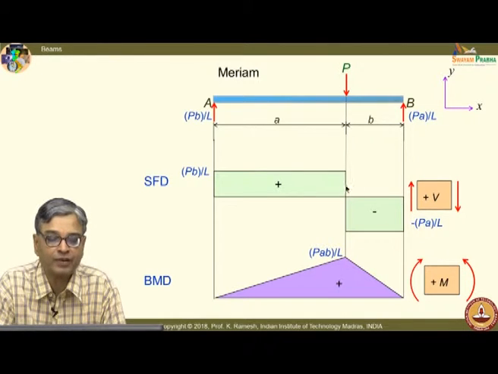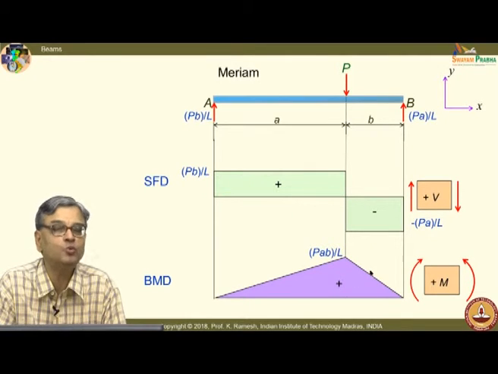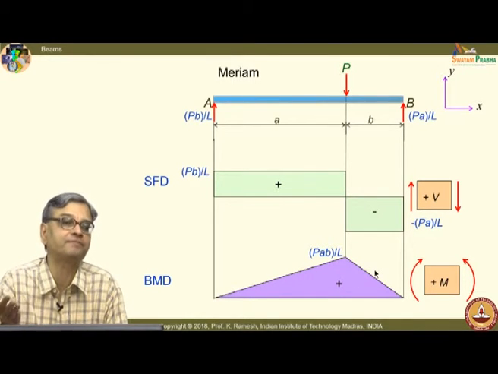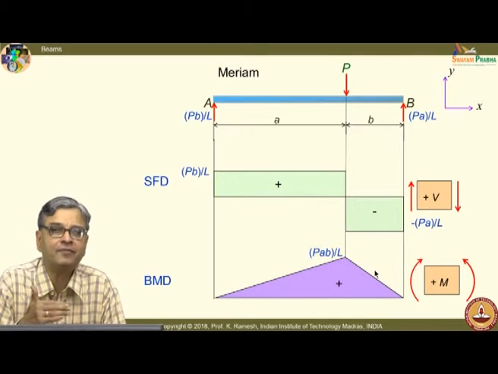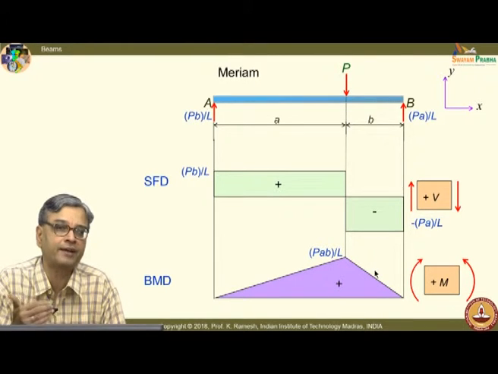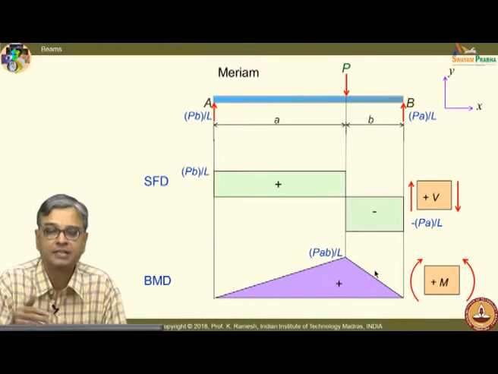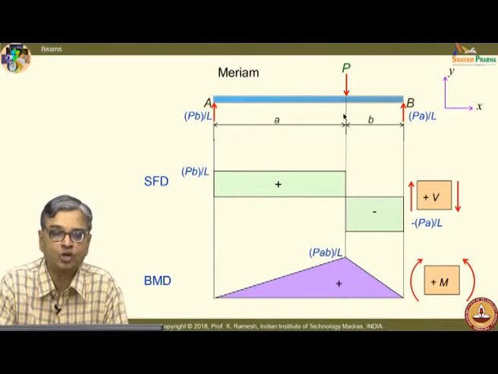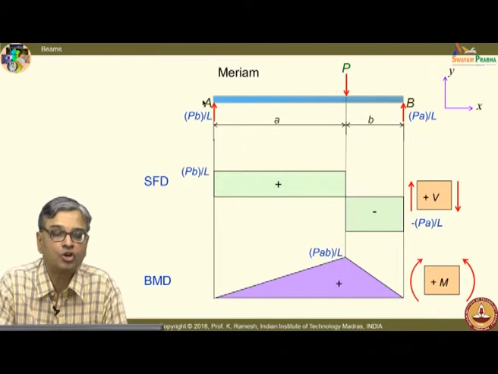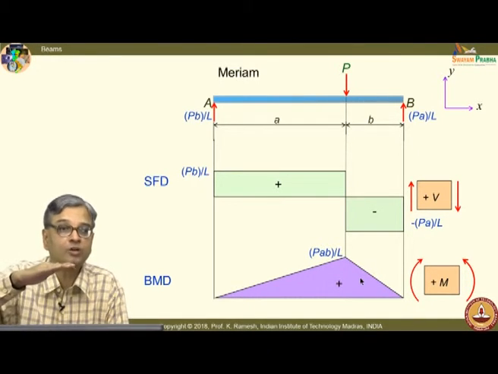Second observation is when it crosses 0, I have the peak value here. You would see that as an extremum value. There is some kind of an interrelationship between the shear force diagram and bending moment diagram, which we would formalize as part of the series of lectures on beams. And this is one of the reasons I would always recommend you to draw the loading diagram, shear force diagram and bending moment diagram one below the other.